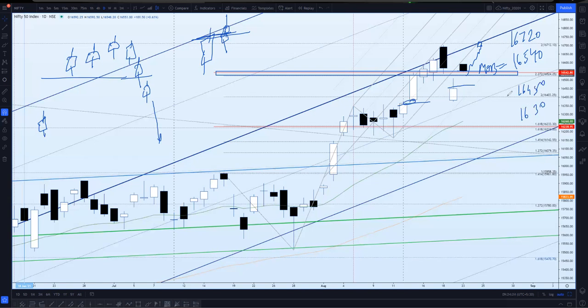Okay, so I think from a weekly perspective, the bias is absolutely neutral, because last week we had a big range, and this week we are opening exactly at the center. So because of this context, it will be more of a rotational market like this, to fill up the last week,